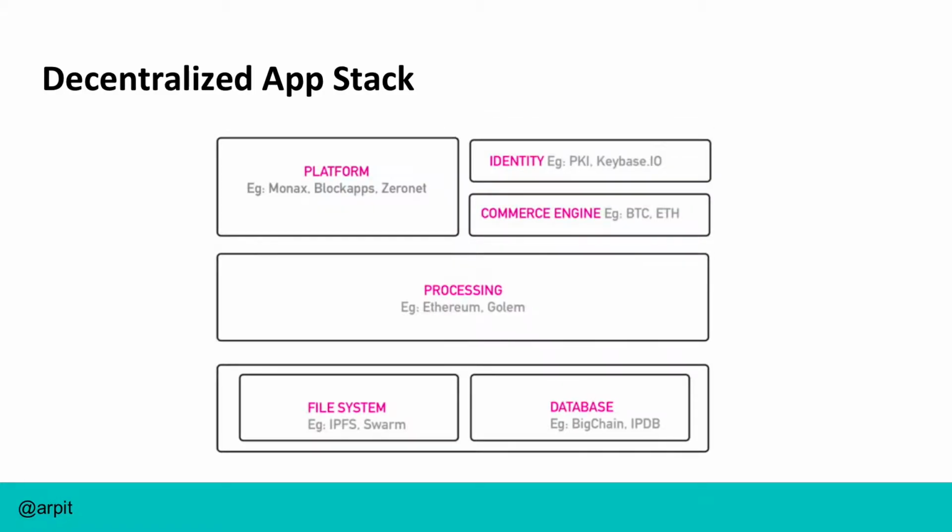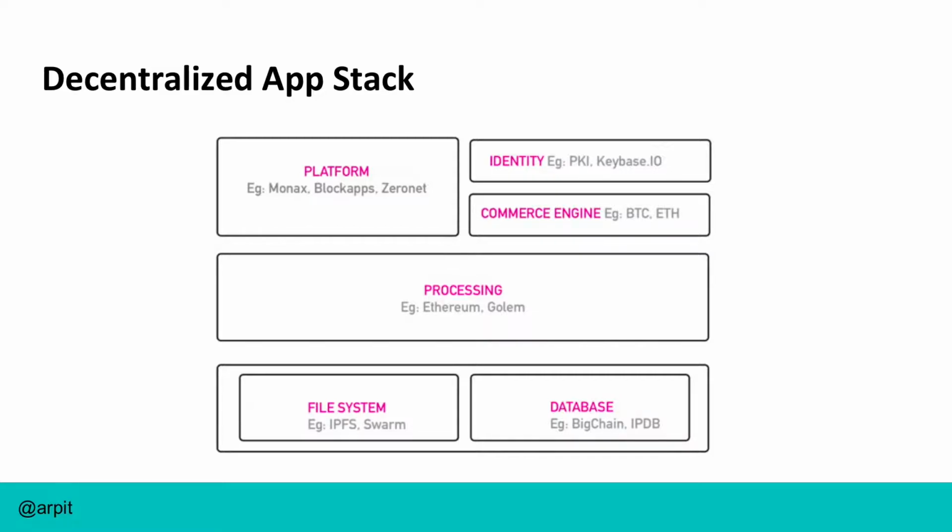But this is the new decentralized application stack, and this is where I feel we're hopefully going. In a way, the entire ecosystem of technologies that was all mushed together or consolidated into some big players is being torn apart again. And there are a lot of technologies to choose from when you want to build your applications. You have full-on platforms where you can just deploy your code, like Blockapps and ZeroNet. You have identity, which is coming from certain sites.